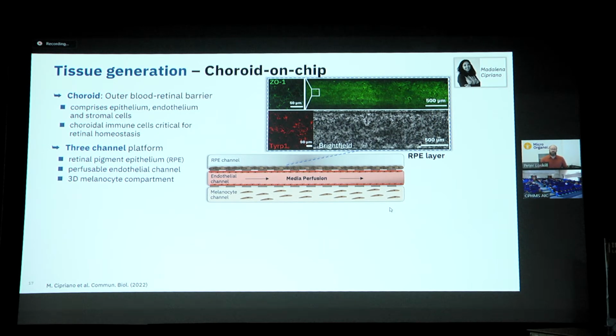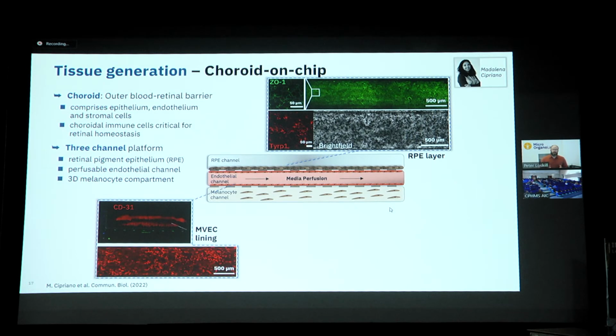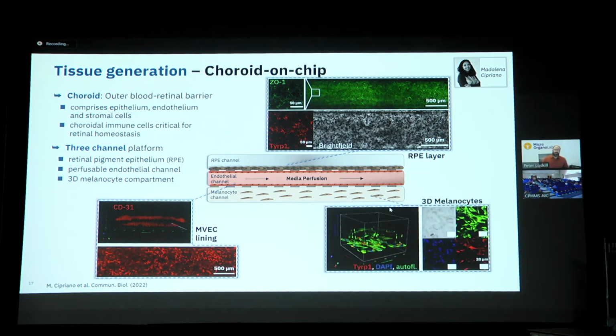You have a nice zonula occludens expression, and you have melanin production. Then we use the microvascular endothelial cells, line the central channel, and thereby have a blood vessel-like architecture. And last but not least, we add the melanocytes in the lower compartment embedded in a hydrogel. And the advantage here of using this bottom-up approach is that we can